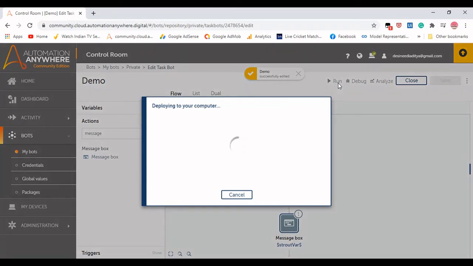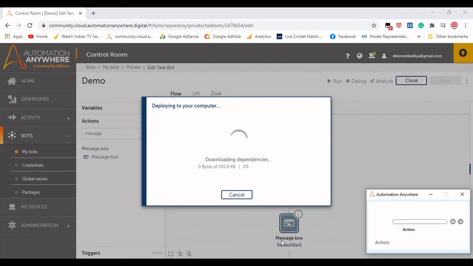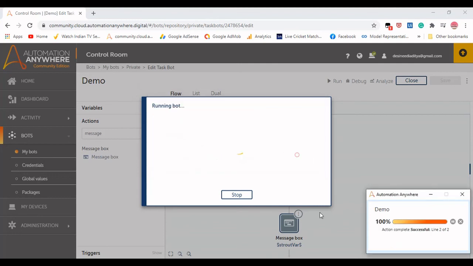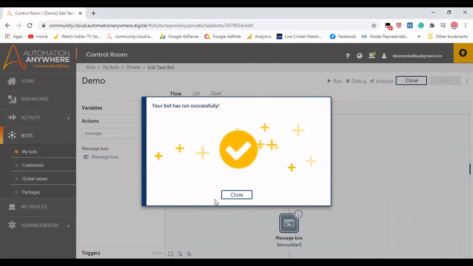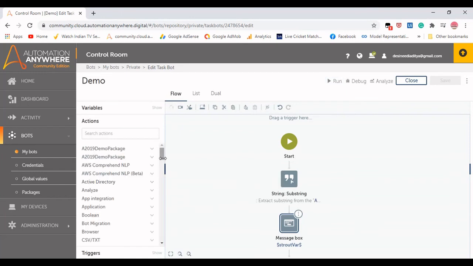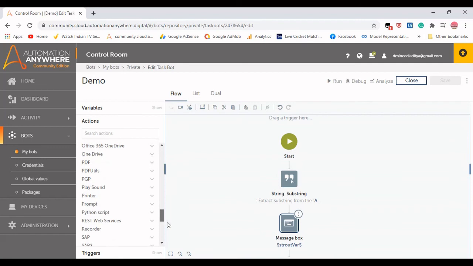And if I run this particular flow, then we are able to see it gives us learnings as an output, so the substring is working perfectly. It starts from the 8 and it gave me learnings. So if I click on close, now we are able to see the 4 different commands in string commands.